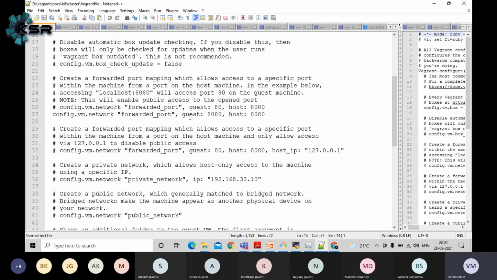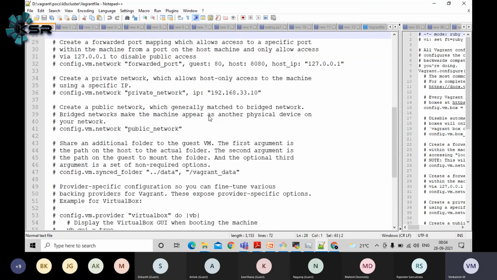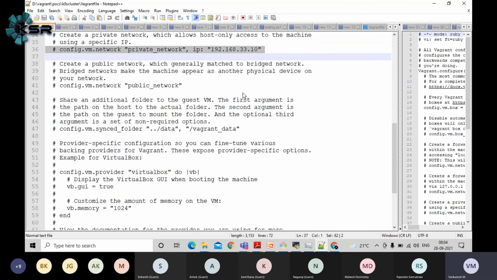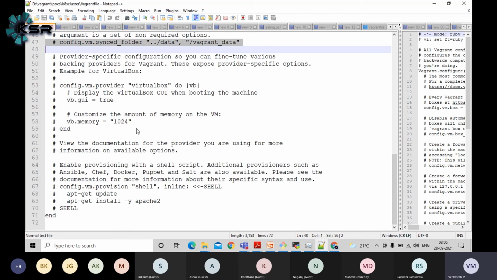That's it. Then this is the port mapping, guys. This part I will cover once we install some software. Similarly, if you want to assign some public IP, private IP, you can use it something like this. Some mount point, that means by default it will do some mount point. If you want to sync any folder from your laptop to the VM, you can do this part. And if you want to add some CPU and memory configuration, you can do this part. Similarly, if you want to execute some shell script, you should uncomment this part and it will take care of that.